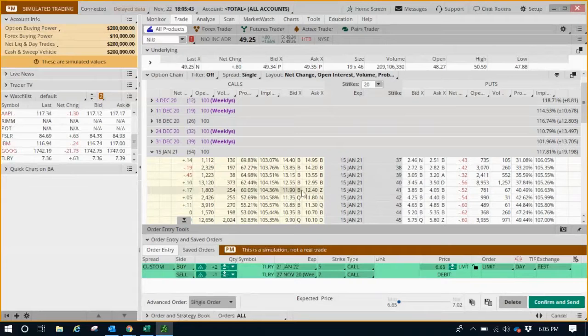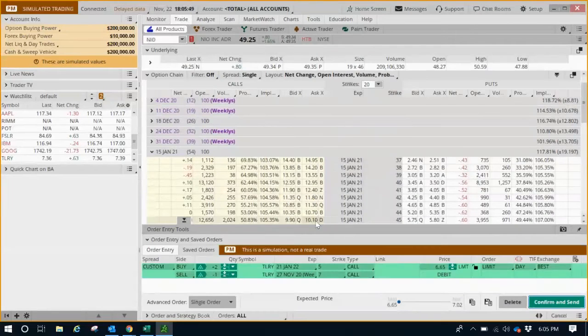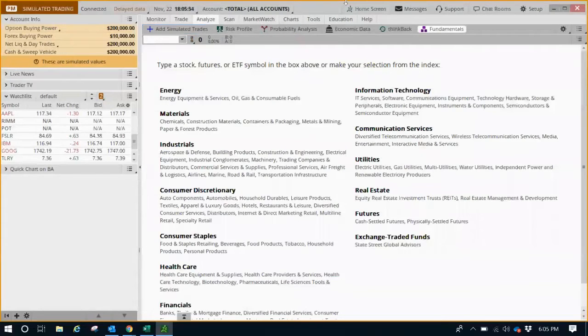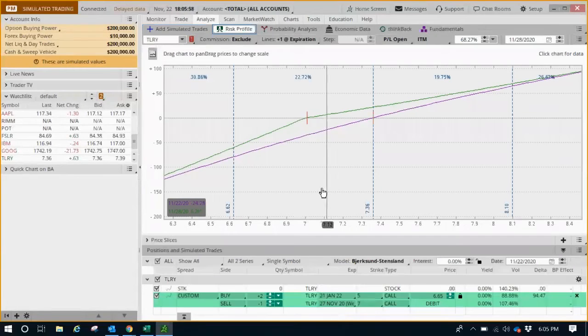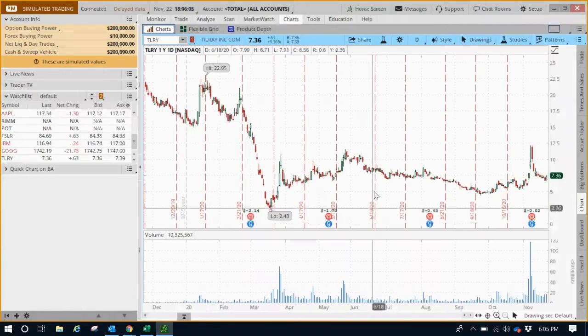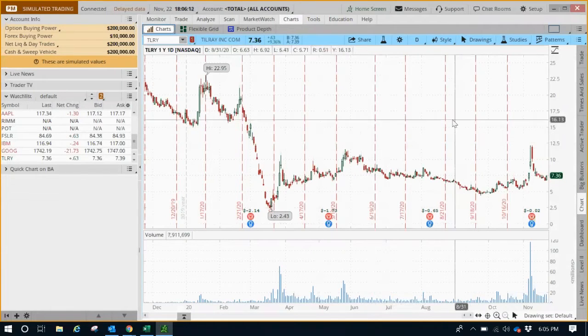Yeah, so that's pretty much the platform. You can analyze different trades, for example this TLRY trade that we have. You can just analyze the trade and see the risk profile of it. We can go deeper into that. But generally, if you want charts, you can look at the charts and set your controls here in the settings. And this stuff from your stock trading experience, you probably already know. So I don't know how useful that is, but